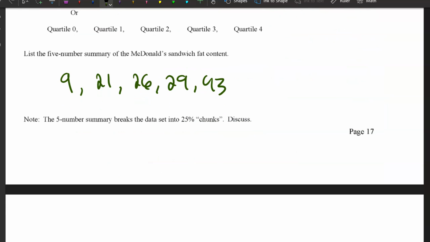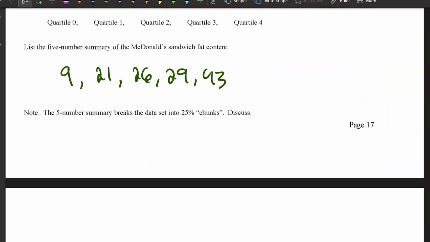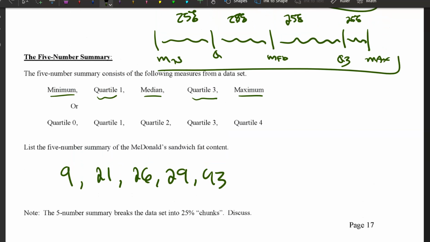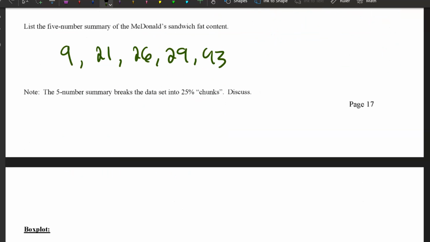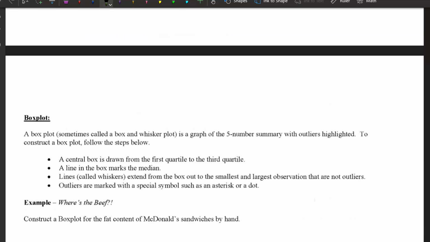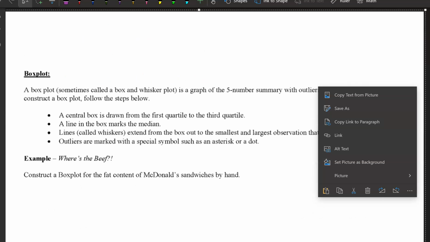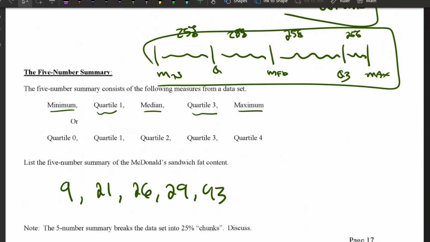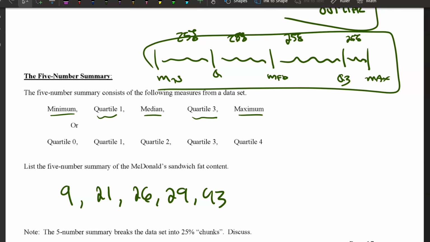Okay. Note the 5-number summary breaks the data set into 25 percent chunks. Well, we discussed it, or we'll discuss it more as we look at this a little bit deeper. So some mathematicians, some statisticians,